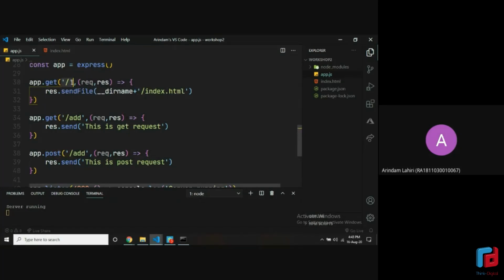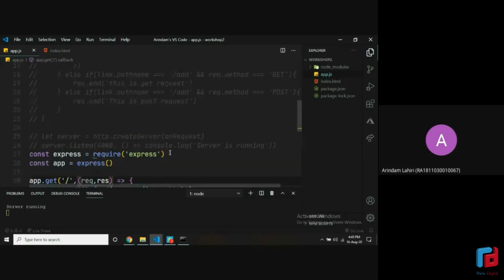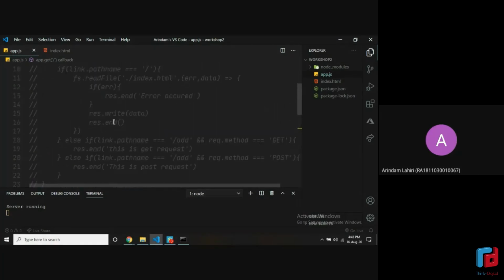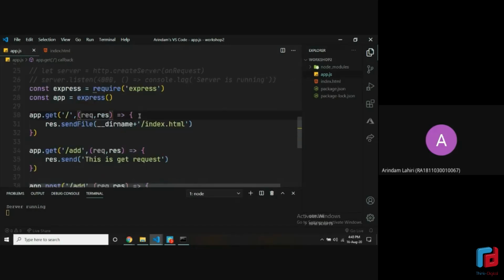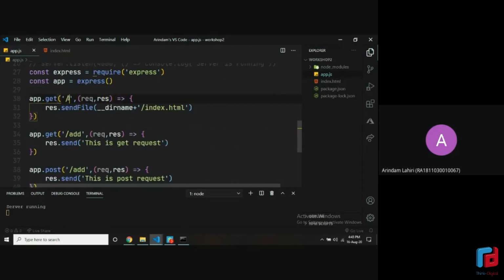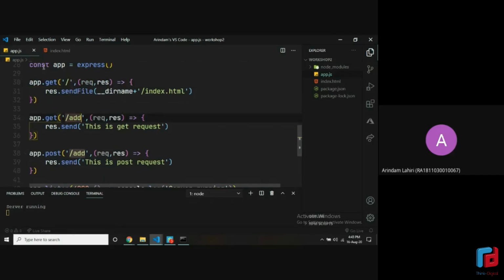If you are using the post method, we write app.post. Then the first parameter is the endpoint which we are expecting, and the second parameter is the function. The function is the same as before, a request and a response. Earlier we only had one function when we created the server, and then we had if-else conditions to differentiate between endpoints. This time we are not doing that, and we have a different function for every endpoint. Every time we have an app with a get method, we have a different function. If we have an app with a post method, we have a different function.